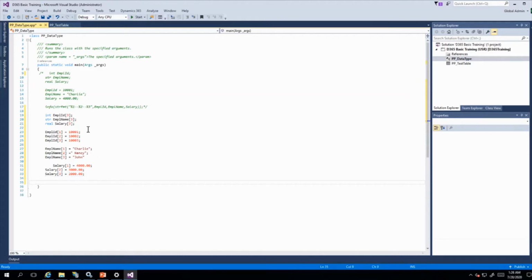Now to get this printed on the screen, I can use a for loop. As I told you, the elements of the array are accessed by using integer indexes.